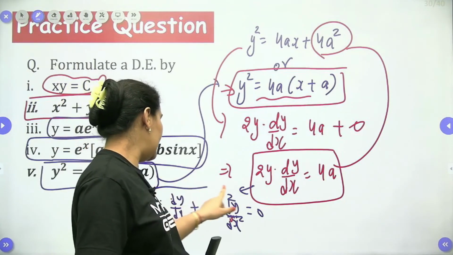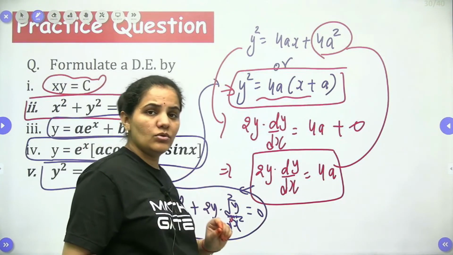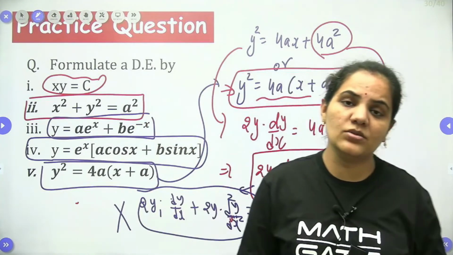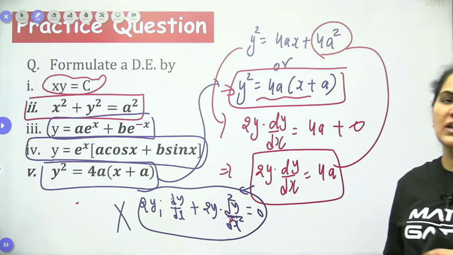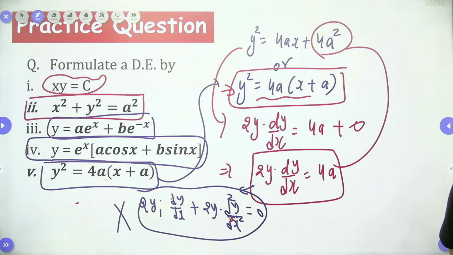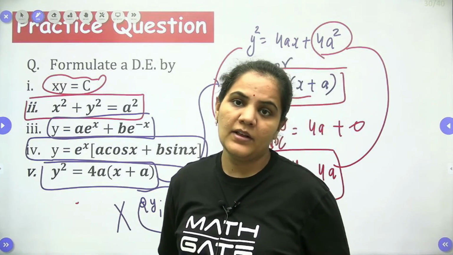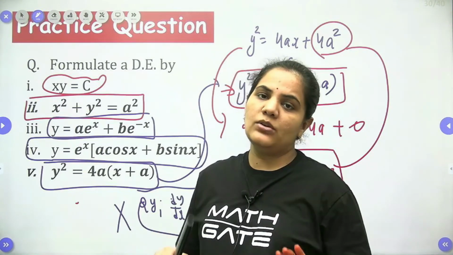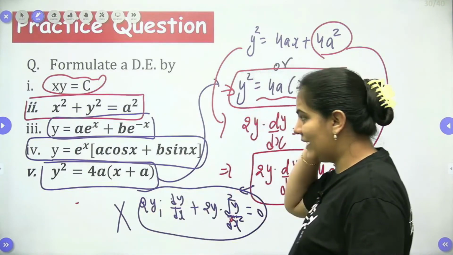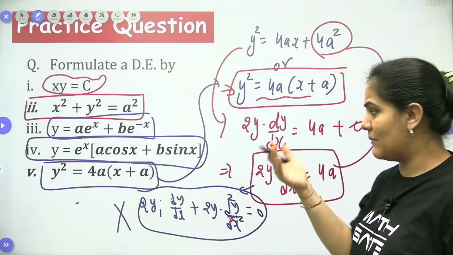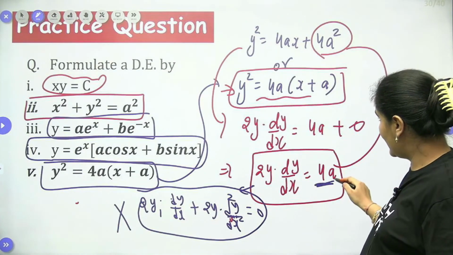Whenever we have one arbitrary constant, we have to differentiate only and only one time, dear students. Whenever we have more than one, means two arbitrary constants, we can differentiate 2 times, 3 times, 4 times and so on. But for one arbitrary constant, we will do it one time only. So you have to eliminate the things, you have to formulate the things in a simple manner. So that's why we converted here.